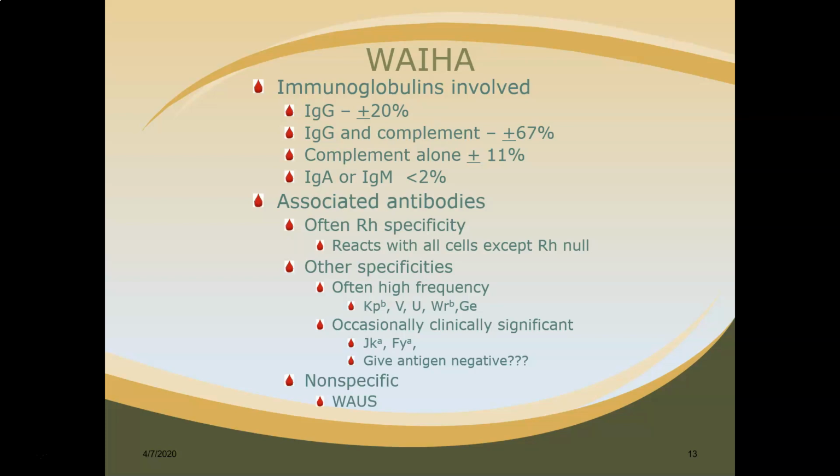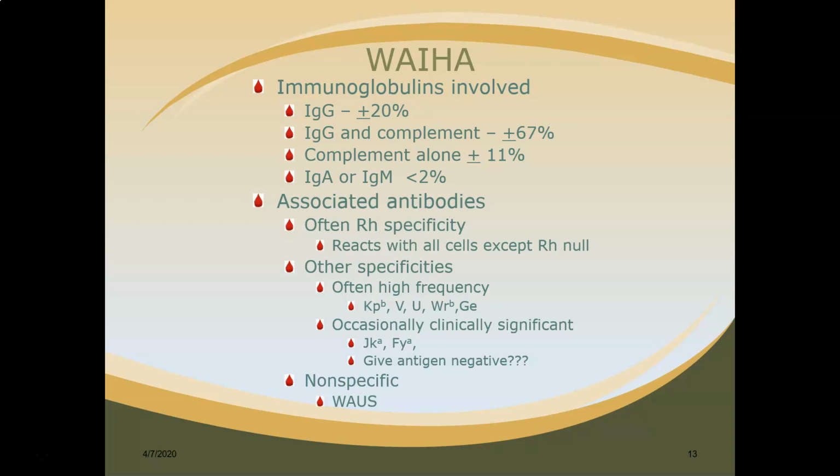We will also see certain high frequency antigens such as KPB, the VEL, the U, right B, and GE. Occasionally we will see a clinically significant autoantibody, so like an auto anti-JKA or an auto